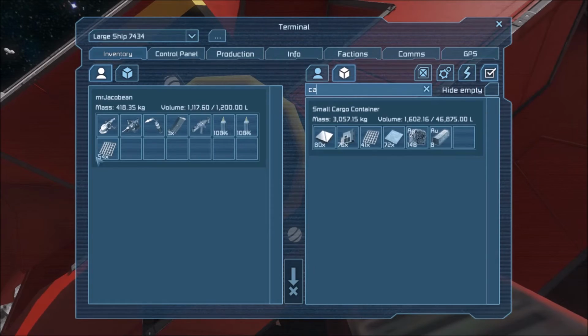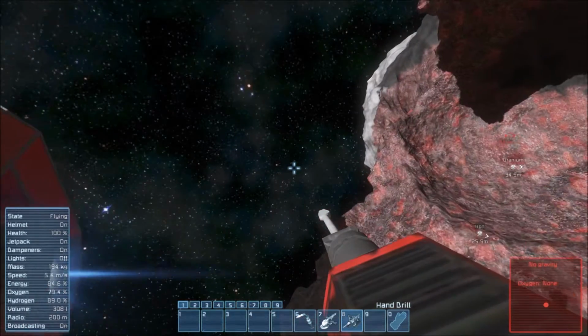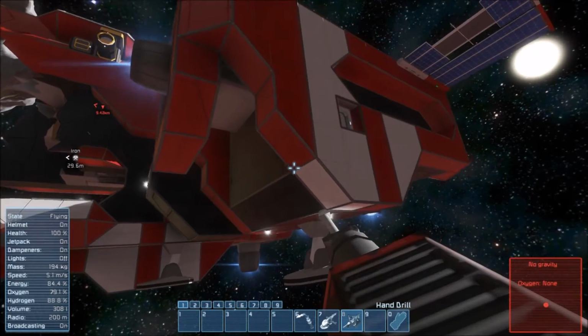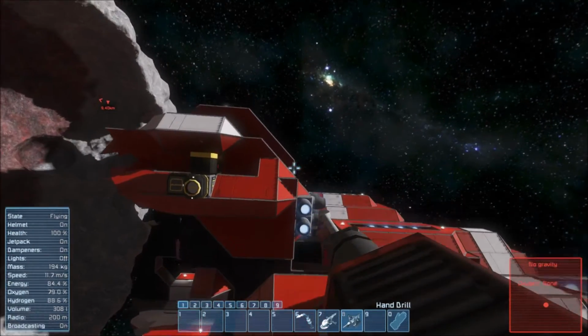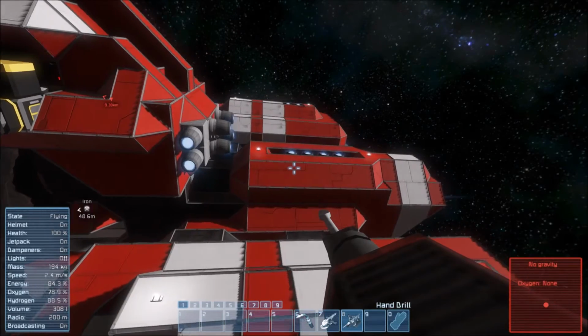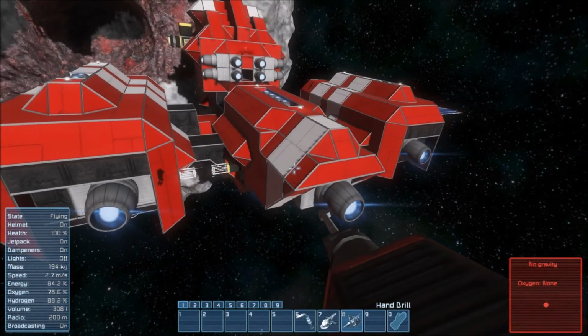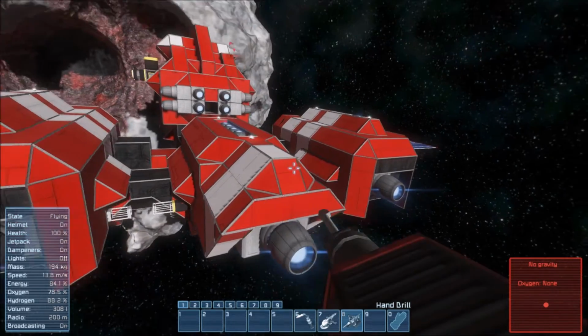So, cargo. Throw you in there. Right. I mean, the alternative, instead of placing a base, we could create a large ship, or start retrofitting the intact end of one of these